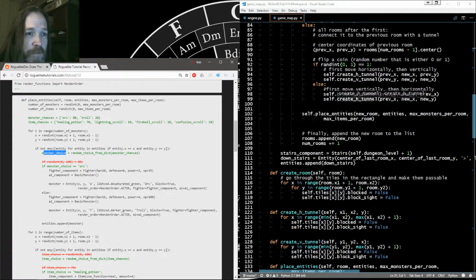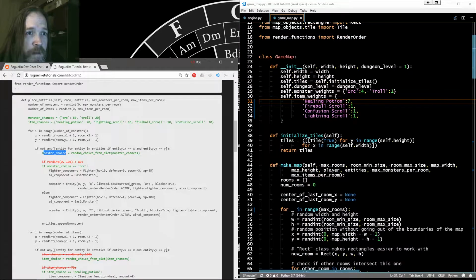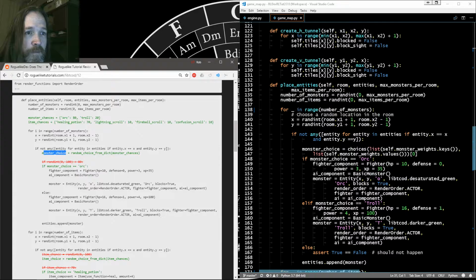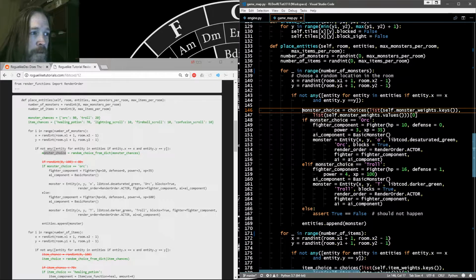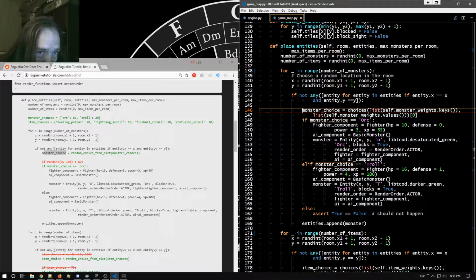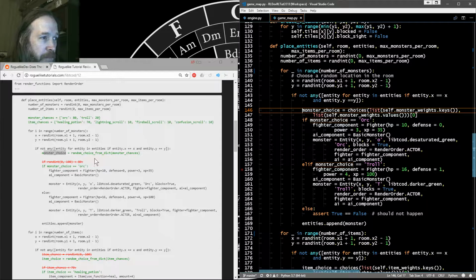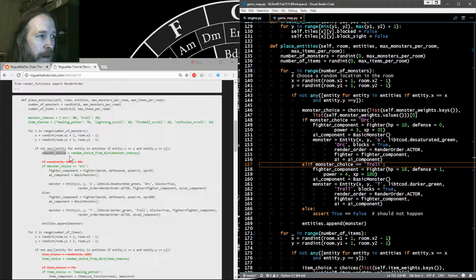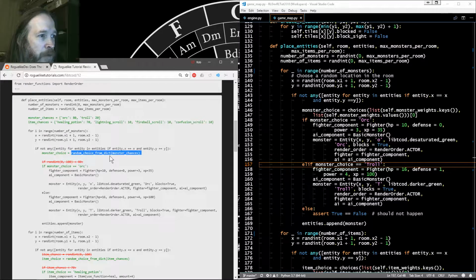Non-comparable line. Again, is monster choice equal to choices of a list of my keys, list of my weights. The random.choices function takes care of all the logic. If monster choice equals orc, monster choice equals troll. So we just remember that rather than using random choice from dict,